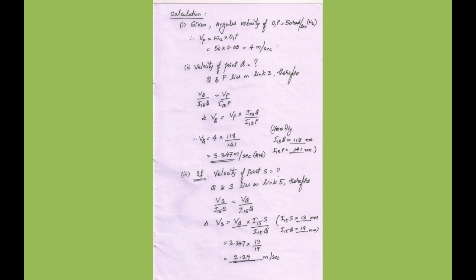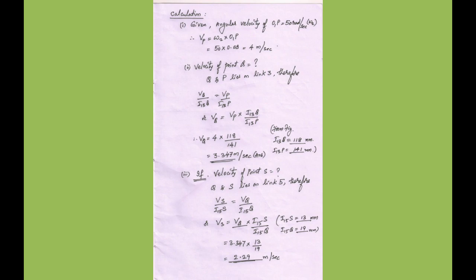And after getting P, you want to go to Q. When you want the velocity of point Q, that is asked in some other question paper. Find all the instantaneous centers is one question paper. In one more question paper, the same problem is given, and then these questions are asked: find the velocity of Q, find the velocity of S, find the velocity of T. So the velocity of Q, how to find that?